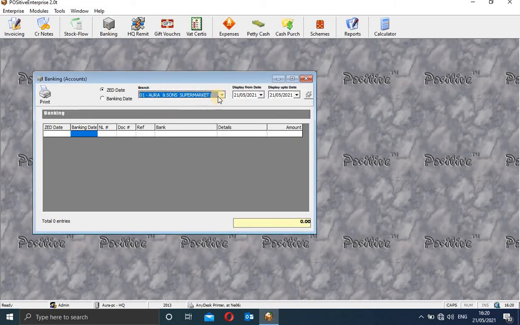And then there is banking here. These are dashboards where you can select different branches and see if they did any banking. So these are dashboards for the Z report. Once they do a close day and all that, everything appears here. So you are able to follow up. For those who have not done close day, you are able to follow up with them in their branches and know the reason why they've not done any close day at that time.